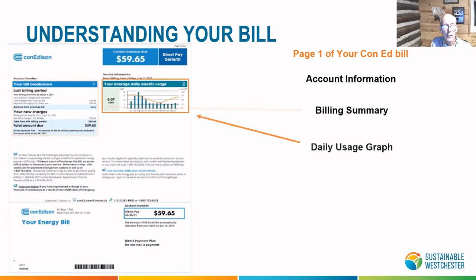The graph is a great tool because a lot of times we'll get calls from people like, my bill's really high this month, I don't get it. And sometimes it'll just very simply be that your consumption went up, and the graph is the easiest way to see that. So you see, say, those peaks on the left side of this graph, there was a significant jump up, and sometimes people don't realize for some reason,